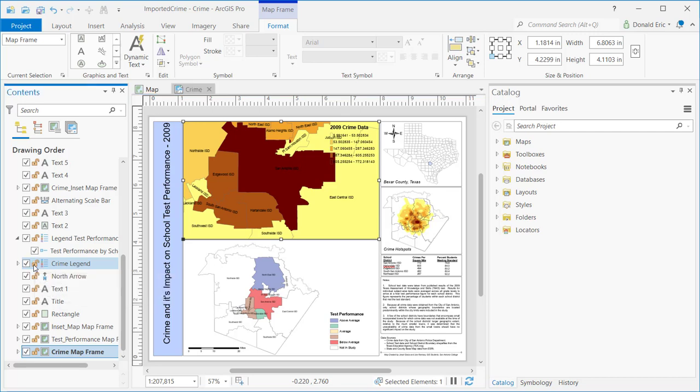Now you can always unclick it again if you'd like to unlock it. The reason that this has been implemented is that layouts can take a long time to create and they require a lot of effort. And so once you get to a state where you're confident that that element is in a location and is sized correctly, it makes sense to lock it down so that you, or somebody else that comes along after you, doesn't accidentally